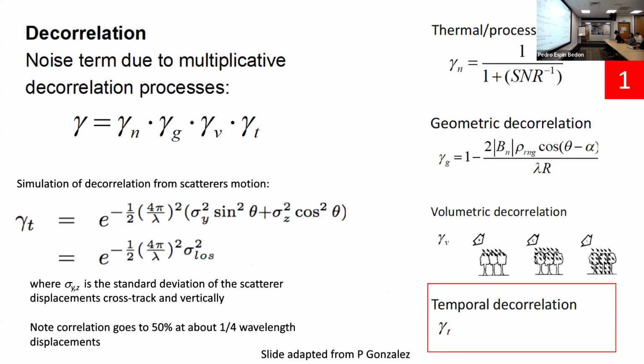I've gone through the less usual contributions to coherence first. The one that you're mostly going to worry about is the temporal decorrelation. So that essentially means that it's a way of expressing how rapidly the backscattering properties of the ground surface change through time. So a piece of concrete, for example, will remain very, very stable and produce returns that don't vary all that much, and you won't have any temporal decorrelation. If you have vegetation, it will change through time. If you have a field that gets plowed, you'll have a moment in time when it all changes.